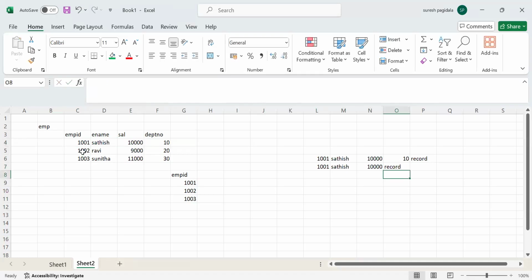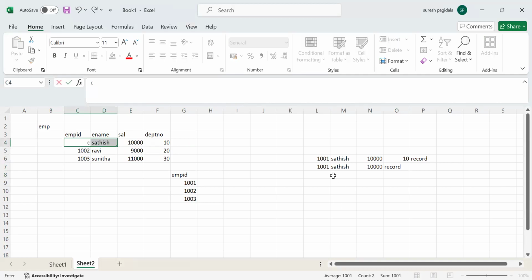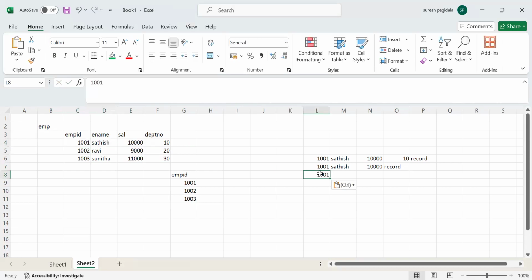If you take only 2 columns, this is also you can call record. If you take only 1 column, this is also you can call record. Okay, see,